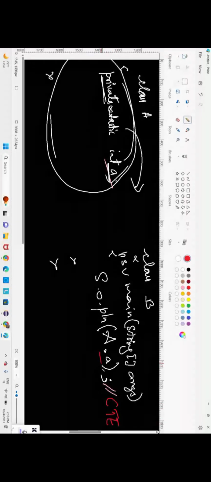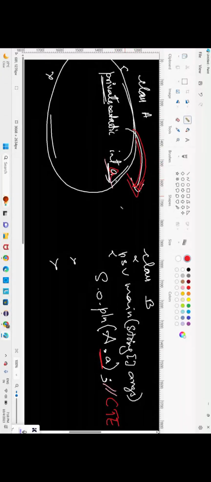Why? Because this variable A is nowhere to be found. This variable A is not visible outside this class. That is why we are not able to access it. It is not even visible outside the class, so you'll get a compile time error. Okay, so it can happen for a variable, for a method, for an initializer, or for a constructor,